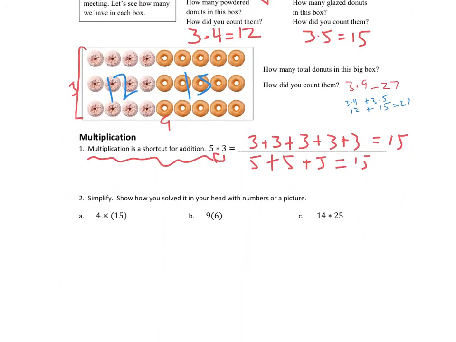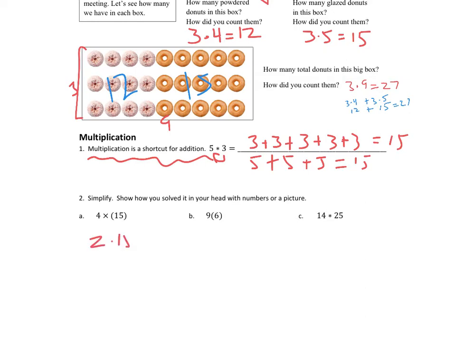Okay, so let's think about this, okay? Try multiplying these real quickly. And think about pictures like the donuts or some squares or some boxes. Or, how would you multiply those? Think about that. 4 times 15. Well, we might think about that different ways. If we have 4 15s,